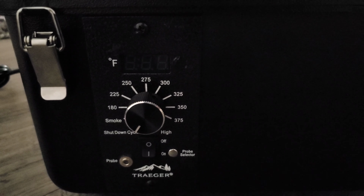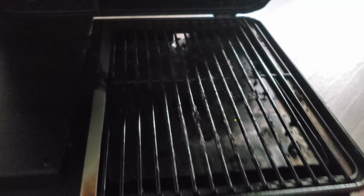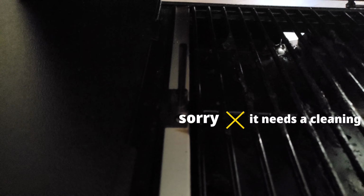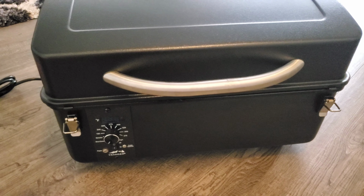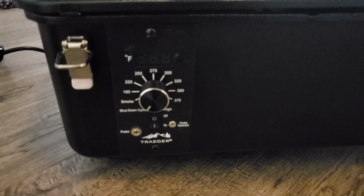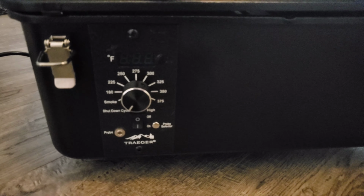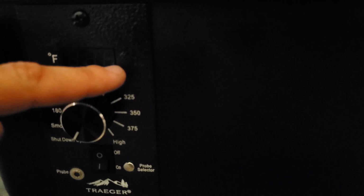So I called Traeger and I spoke to them, and they thought that it might be the thermostat inside here, this little guy. And I said, no, it's not that guy, because obviously we're getting the correct reading on the display here. So they thought it might be the control. In the end, after all the troubleshooting, we discovered that this right here, I don't know if you guys could see that, this is actually a sticker,